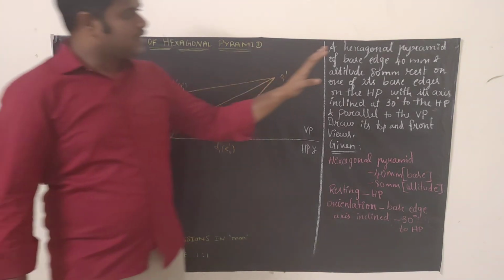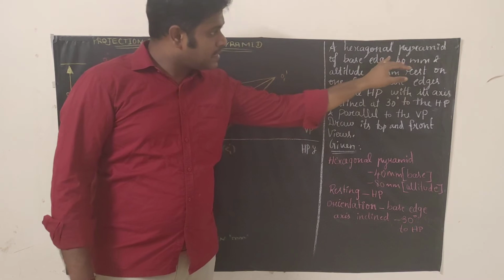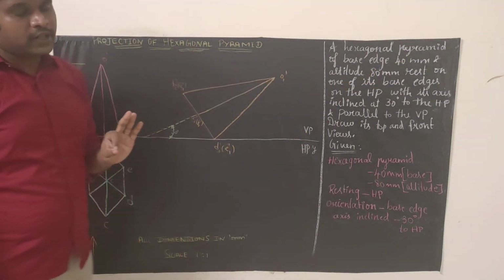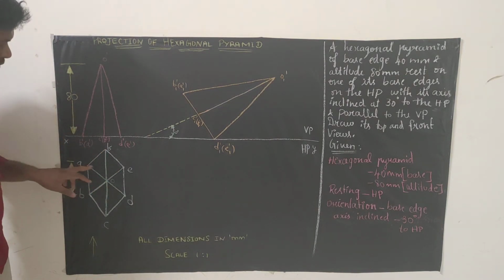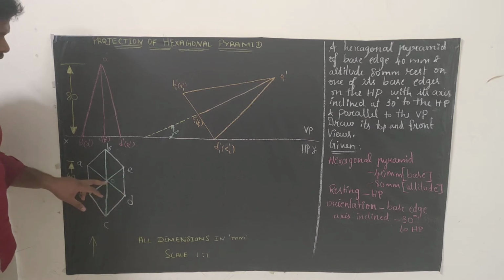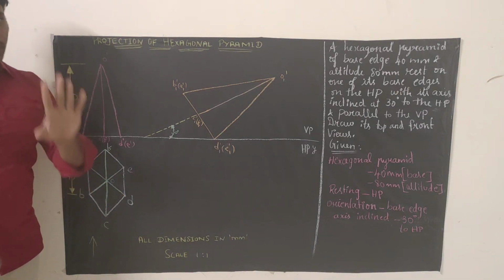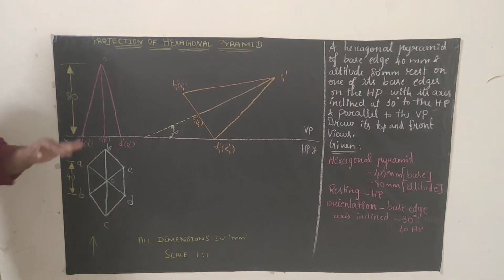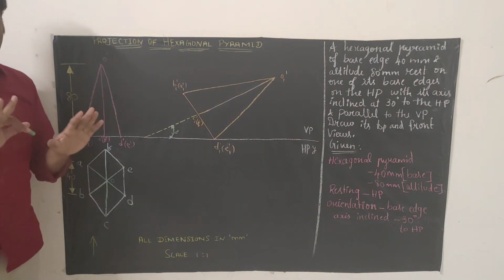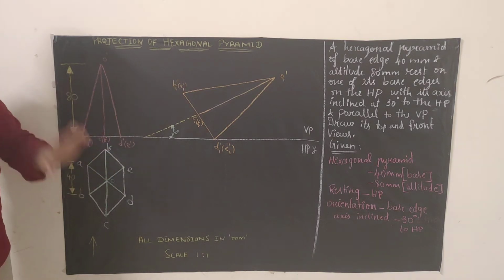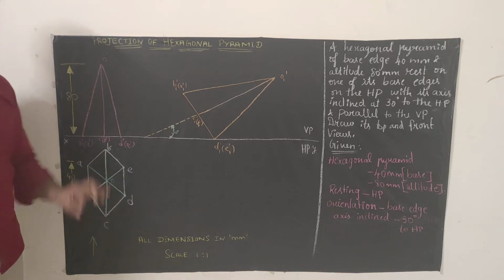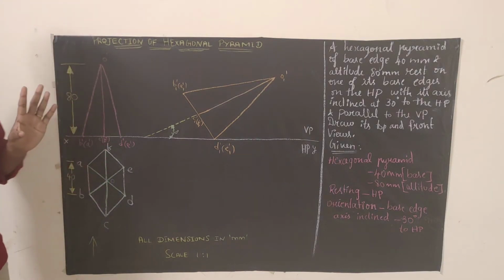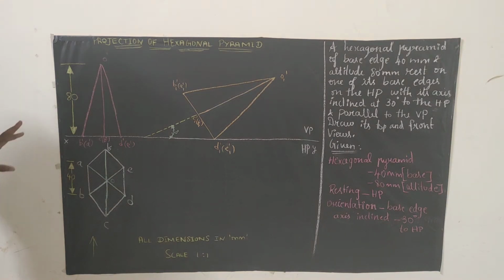See, you always have to consider the slant edges for a pyramid. So it's very important. Slant edges means OA, OB, OC, OD, OE, OF. Initially what I told, you just join A and D and B and E, and you can get a point here. That point is called the center point, called O, and you can draw the axis for it. Since we have visible edges, we are not considering the axis. That's what I said. After that, you have to join OA, OB, OC, OD, OE, OF with your HB pencil, so that it should be clearly seen.